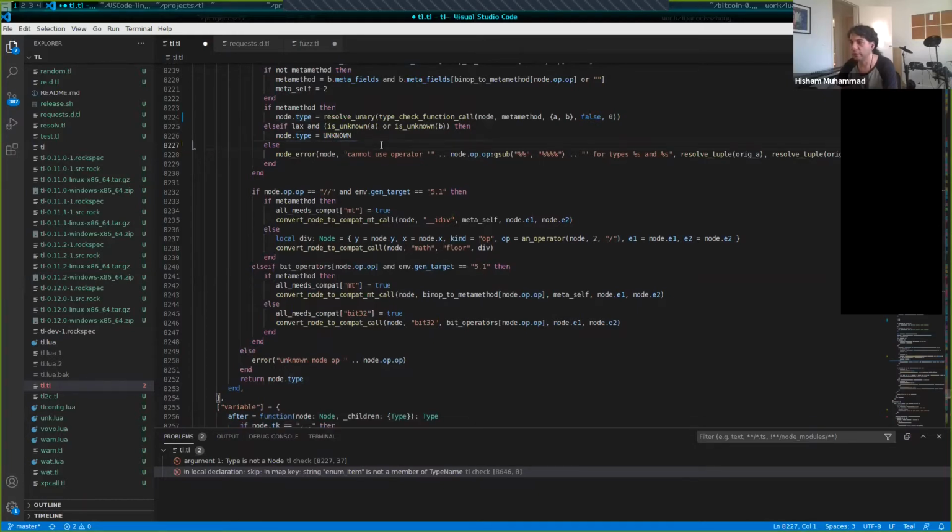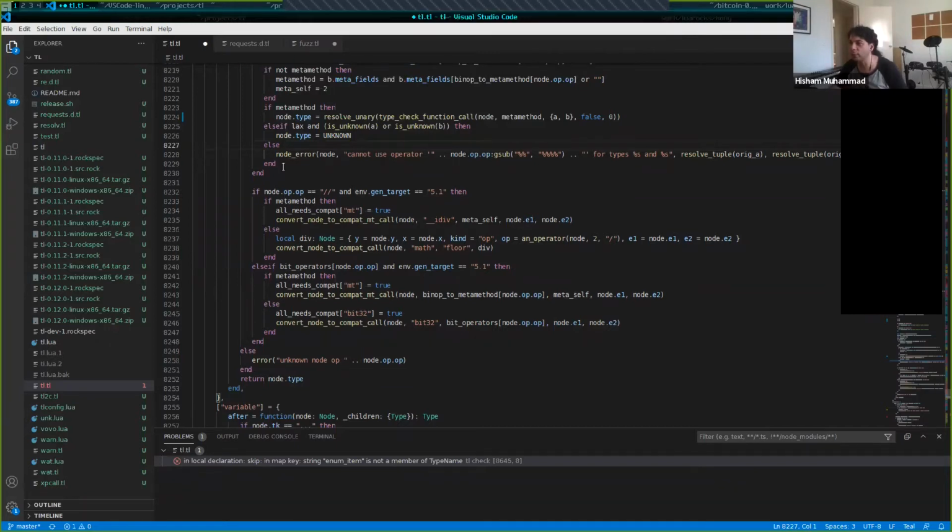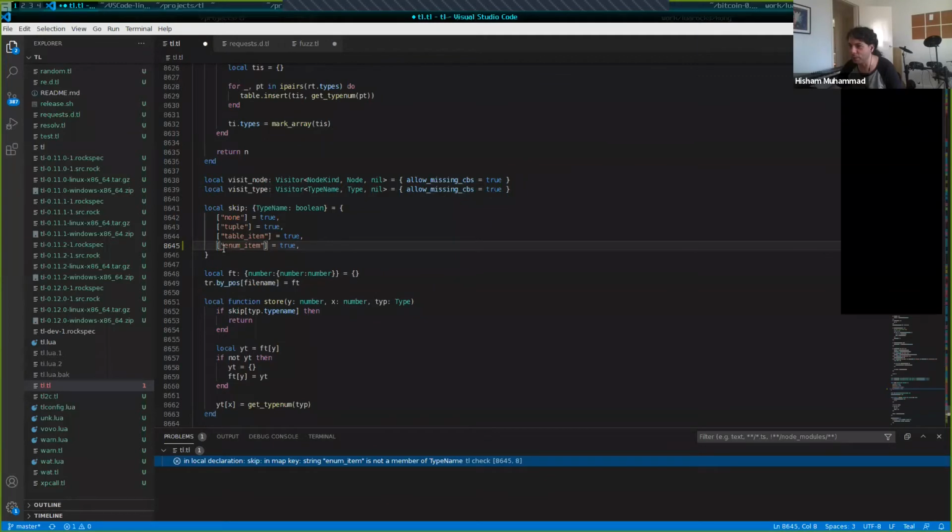And it's interesting that when I opened this to prepare for this demo, it had an old version of the compiler source code open, right? And there's an error here. This is interesting because this is also a little bit of a language update, in that this error, if we jump here, you see it's complaining about this field here, saying that in this map, the string enum item is not a valid member for this map because it's not a member of type name. Because here, all the keys have to be valid type names,